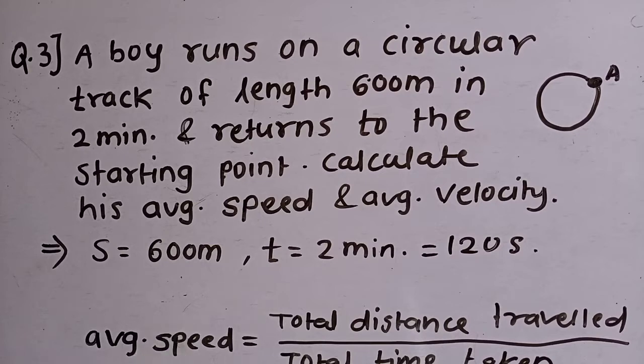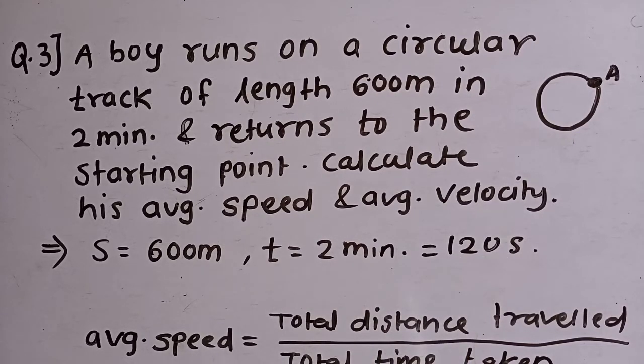So we have to find the speed. They ask for velocity, but velocity will definitely be 0. Now let us see how to solve for speed. What is the distance covered? 600 meter. In how much time? 2 minutes, so 2 minutes means 120 seconds. You have to first see the units. What is the unit for speed? Meter per second. Distance is in meters, but time is in minutes, so we have to convert it into seconds.